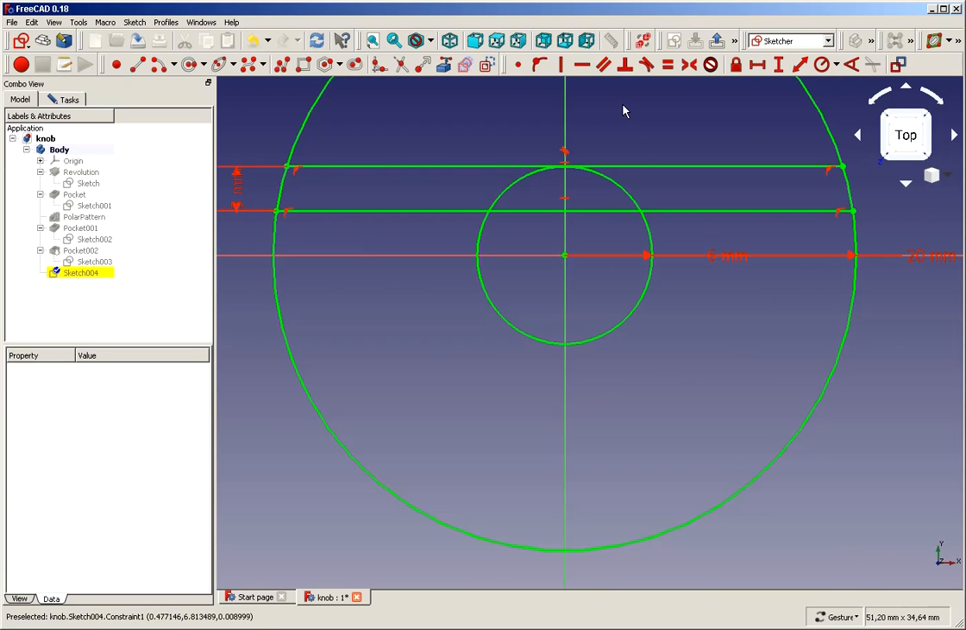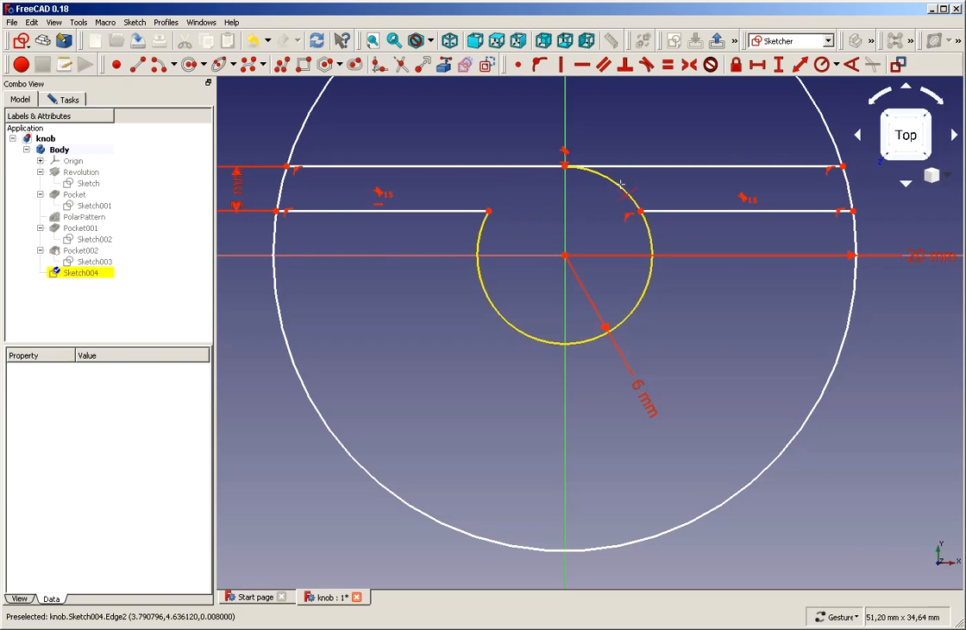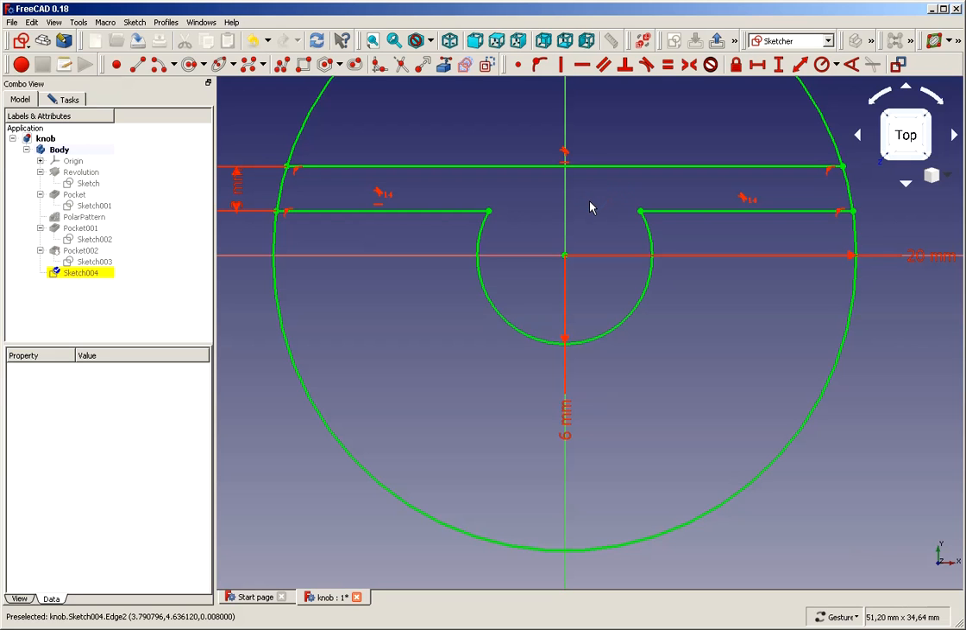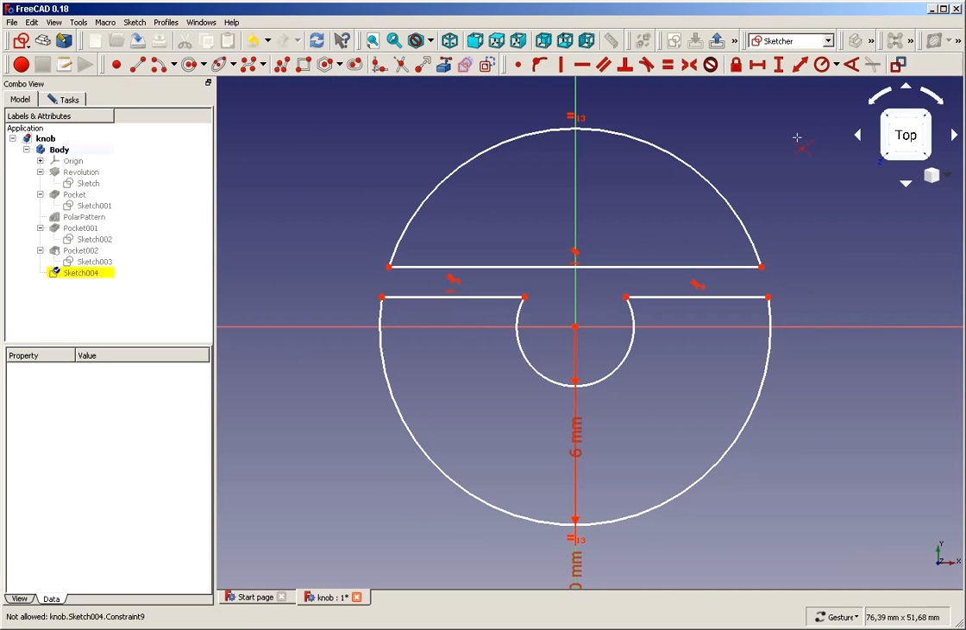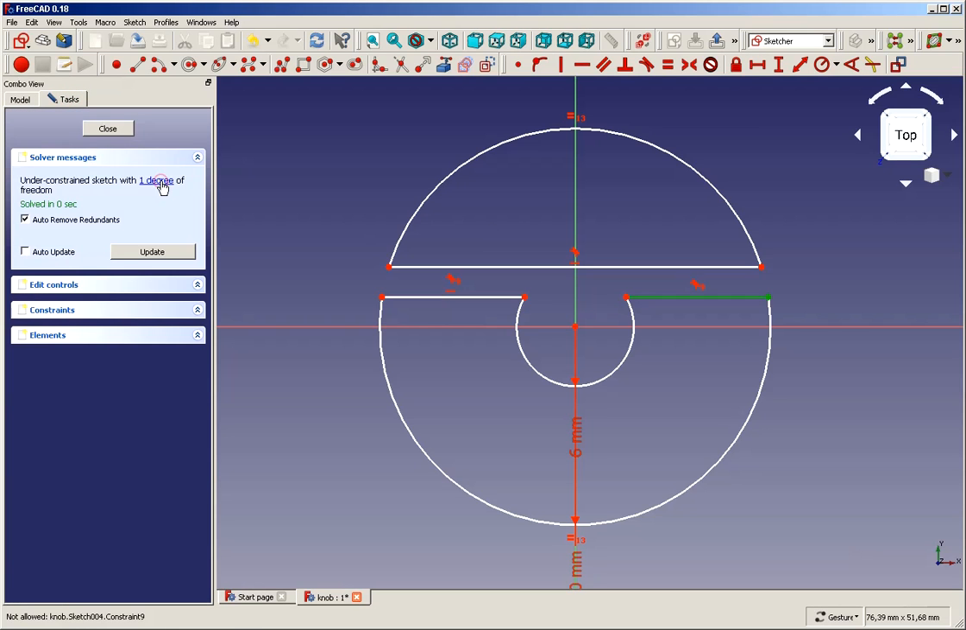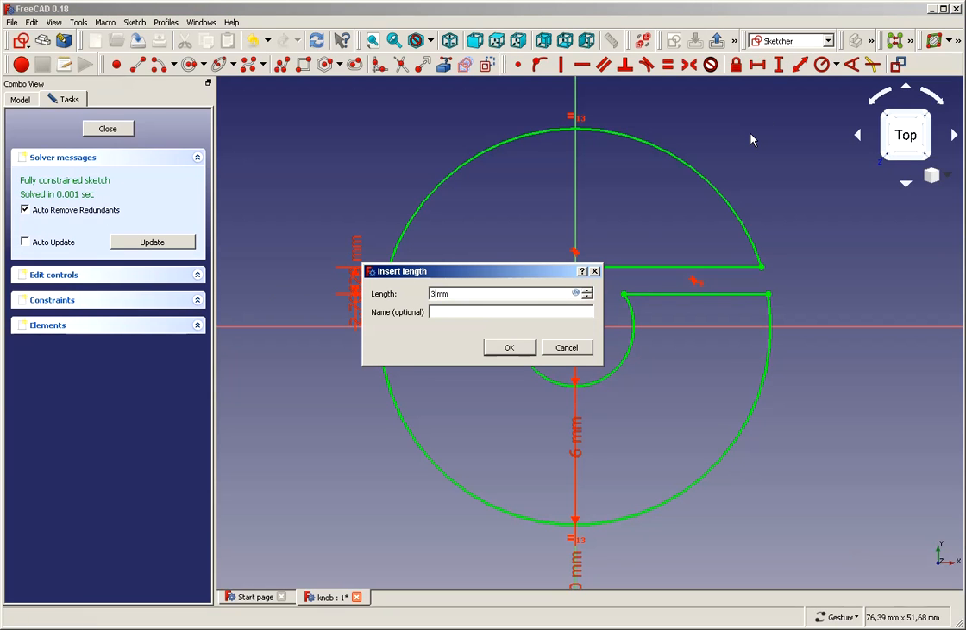And in the end, what I have to do is I use the trim tool, and I'm cutting away this one, and this one, as well as cutting away this and this one. So this gives me what I need. That creates us a new degree of freedom, because unfortunately I was cutting away the points that defined the height. So I